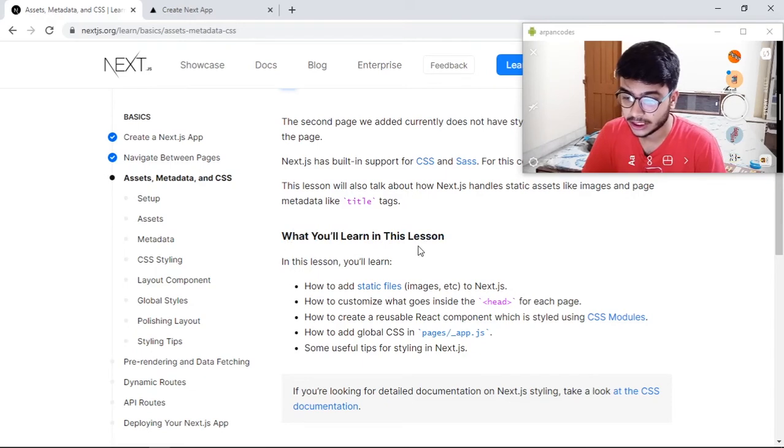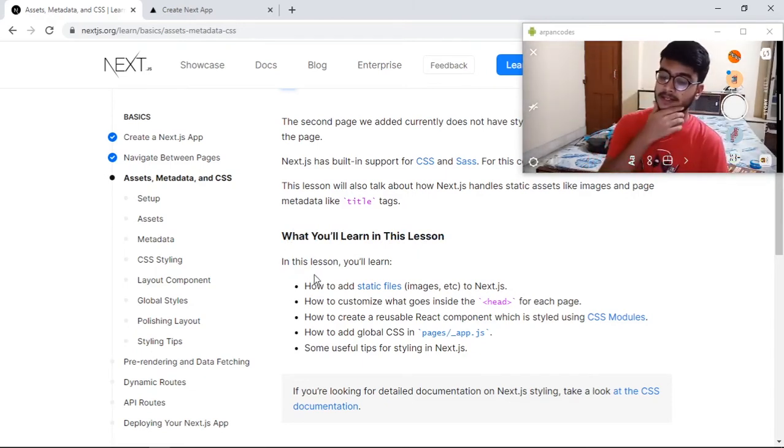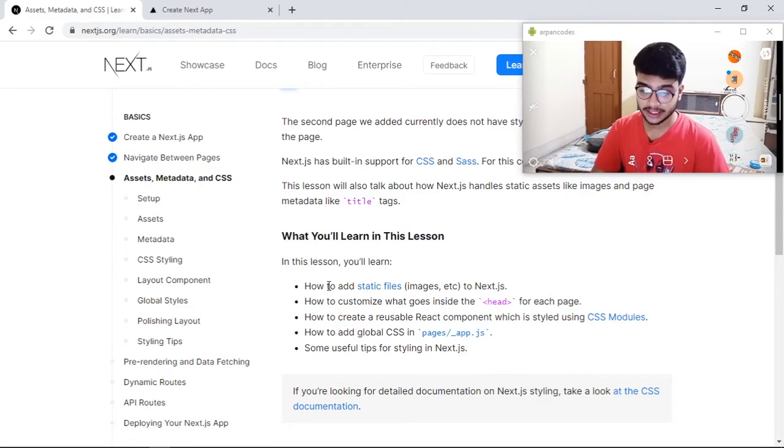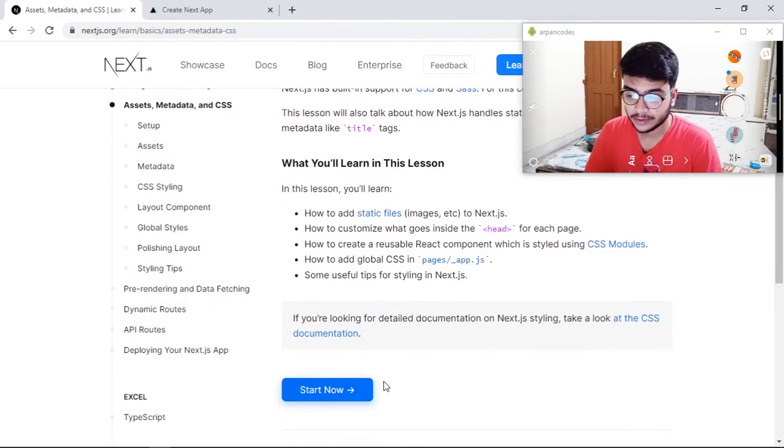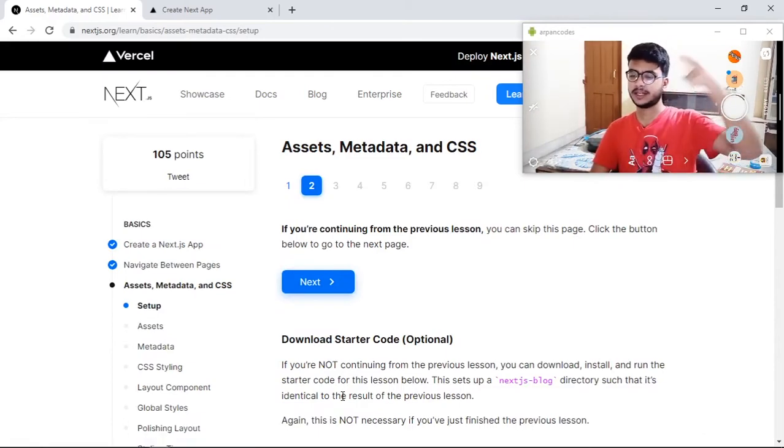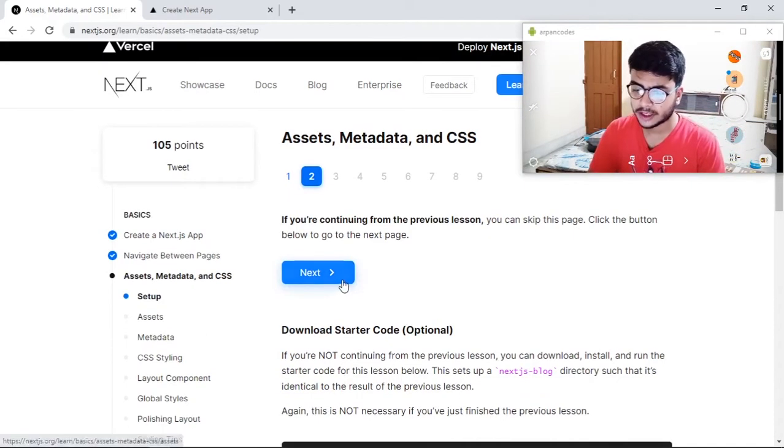What you will learn in this lesson. In this lesson, you will learn how to add static files, images, etc. to Next.js, how to customize what goes inside head for each page, how to create a reusable React component which is styled using CSS modules, how to add global CSS in pages/_app.js, and some useful tips for styling in Next.js. If you're looking for detailed documentation, take a look at. We'll do that sometime later, man. If you're continuing from this,